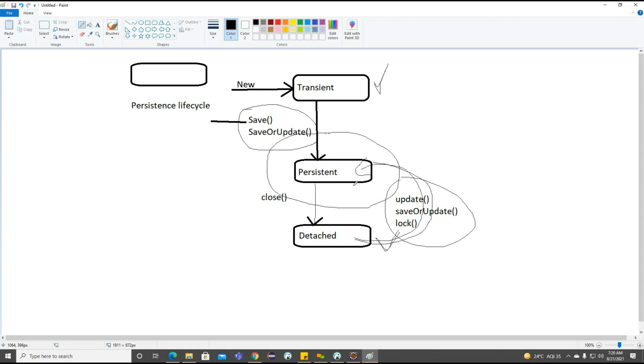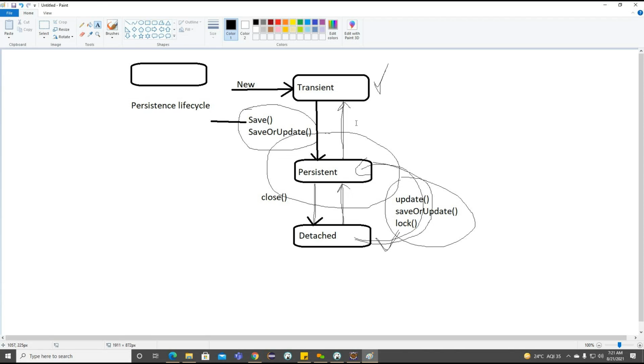And from the transient state, getting the point. If I want to move from the persistent state to the transient state, what is one more step here? Because we identified that the objects are already in the detached state, and with the help of these three methods we take them back into the persistent state. Those objects are now inside the persistent state, so I want to take it back to the transient state.